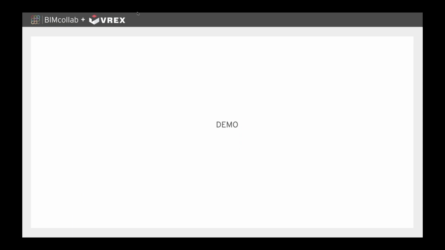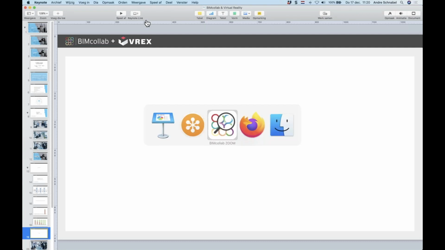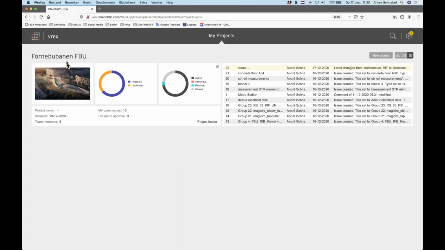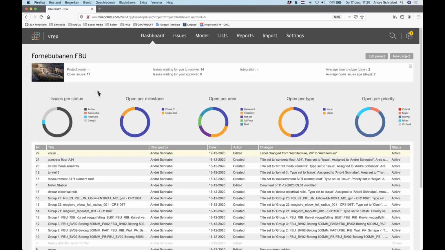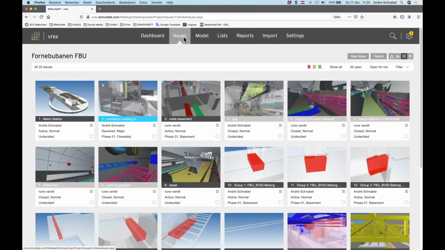So I will jump into the demo. First of all, going to the cloud. Having BIMCollab Cloud with access to the projects, something that is set up by a project leader. He invites the team members, and the discussions are about quality issues, about the